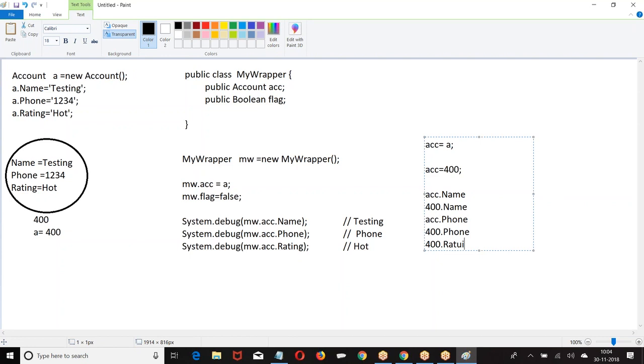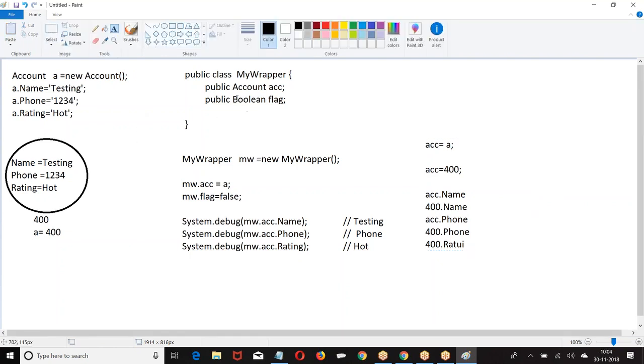Yes, go ahead. So why have you taken the flag, the boolean? I have to take another variable. I took a boolean variable. If I take integer age, what will you ask now? In that class, I need to take a combination of variables. I have taken one variable as account, another variable as boolean. And why have you specified the flag as false? Why not true? It is my choice, as per my requirement, I want to take it as false.